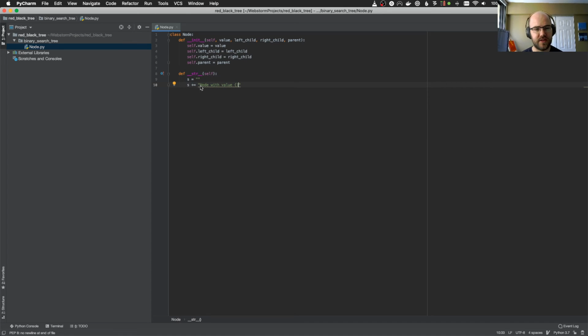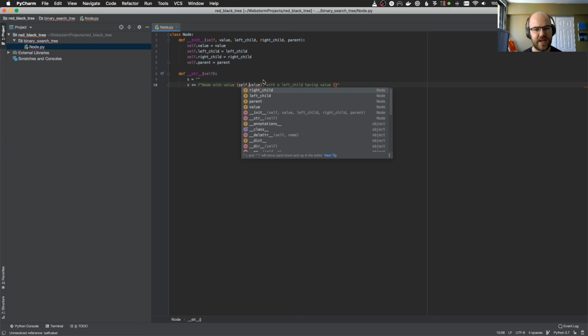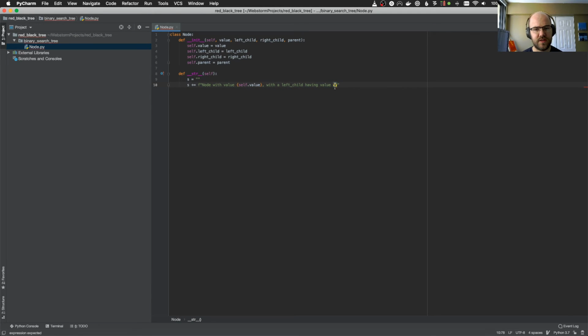I'm gonna make this an F string. With value, let's see, what else do I want to say about it? With a left child having value left child, oh, this needs to be self.value. I need to remember that it's an attribute. Self.value, self.left child,